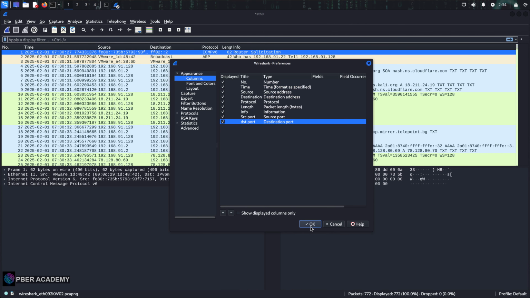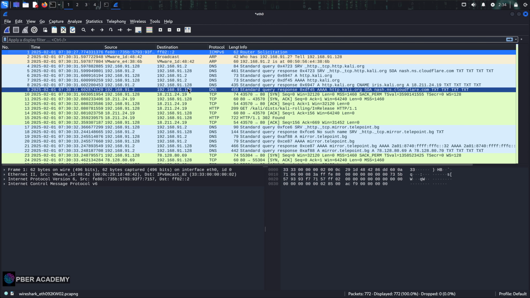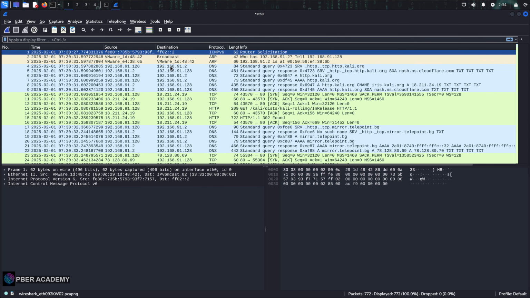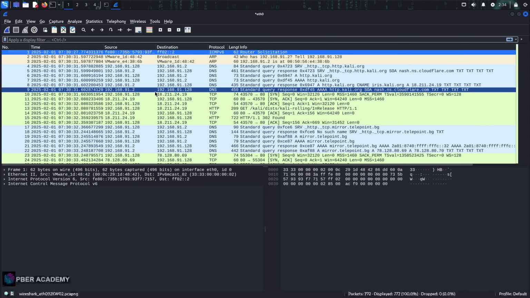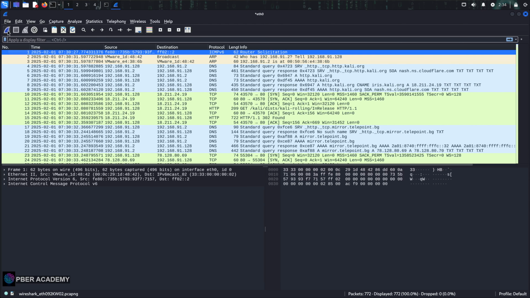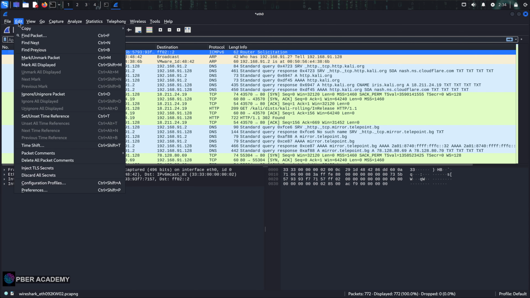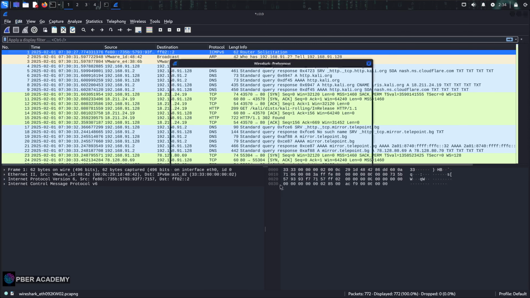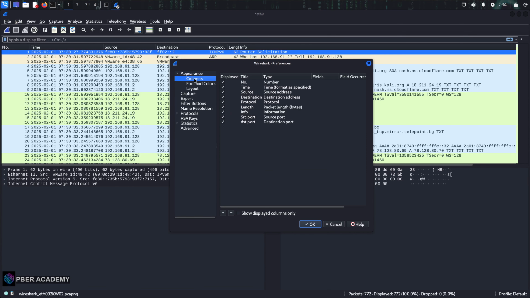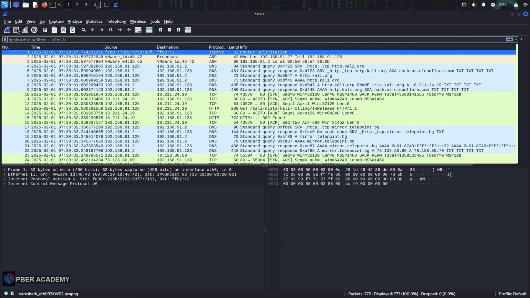When you click OK, this automatically gets populated here, but it will apply when you are applying it on a new capture. So what I'll do is let me verify that it is updated or not. Columns should be updated, yes. Okay, so now let me start the capture again,